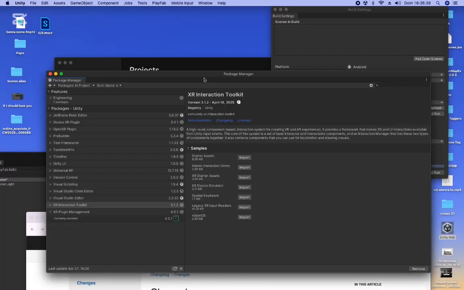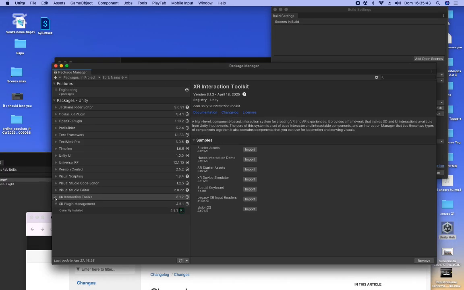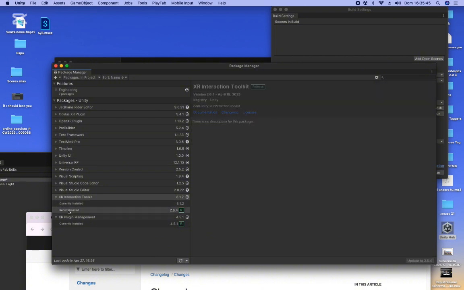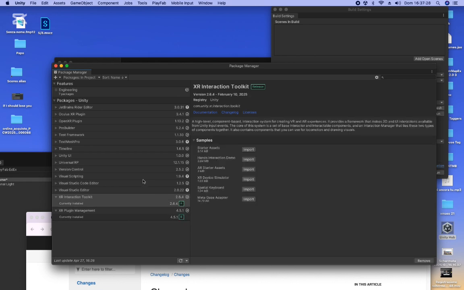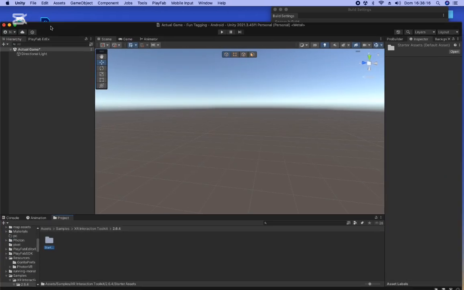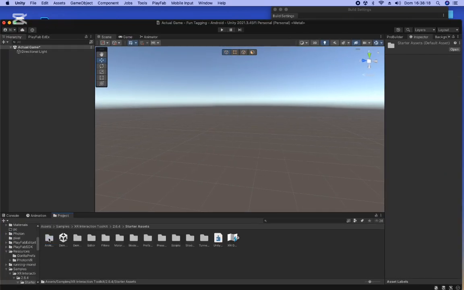Okay guys, so once it's done importing, click this down arrow and make sure you're on recommended and not currently installed. So yeah. Alright guys, so once you have this done, you import starter assets. It shouldn't take long. Okay guys, so once you have it imported, go back to your Unity and you should be inside of this. Go to starter assets,